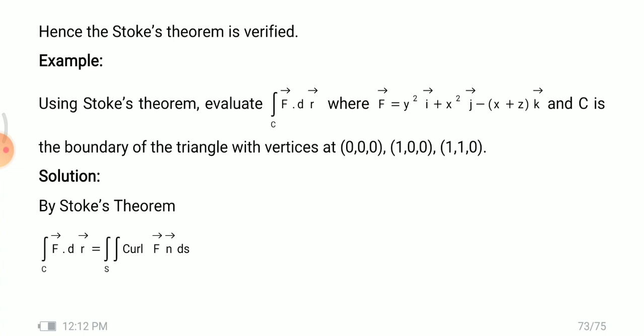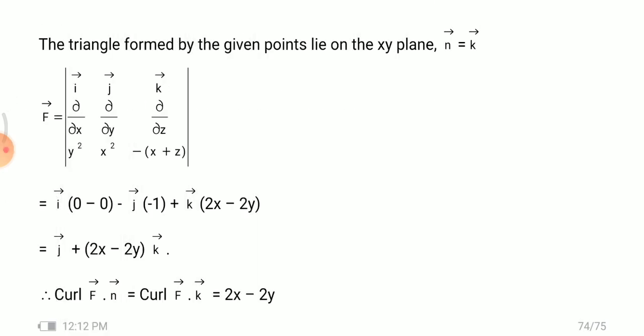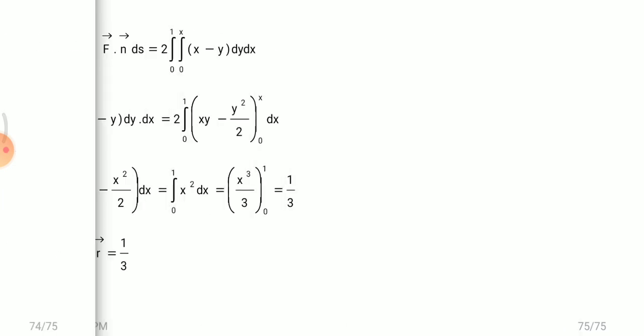So we have to evaluate the left hand side. We already know the logic of Stokes theorem. If we find the right hand side of Stokes theorem, it equals the left hand side, as already proved. So before finding the left hand side value, we first find the right hand side, because both are equal. Why do we find the right hand side? Because compared to the left hand side, the right hand side is very easy to evaluate. Therefore, to find the right hand side value, we use curl first. So find curl, meaning del cross F vector. We already know how to find del cross F value. Del cross F value equals, for this sum, 2x minus 2y.